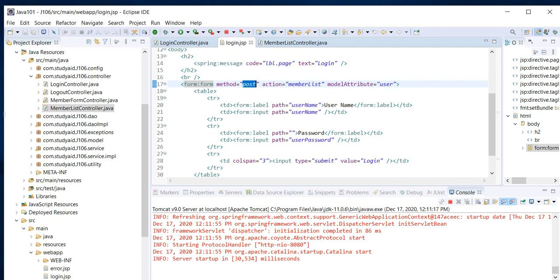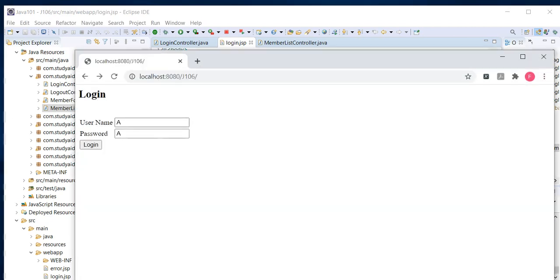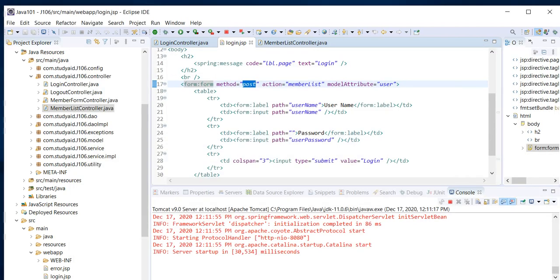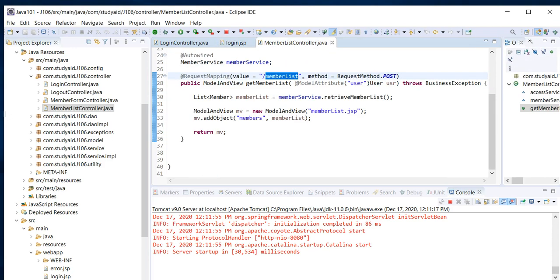this form, let's look into this. So whenever, let's say username is A and password is A, and then when I'm submitting it, it's moving on to member list. Okay, so you can see that the list of the members is being shown in the web page. So now the member list controller is defined where, if we go over here, MemberListController.java, and we can